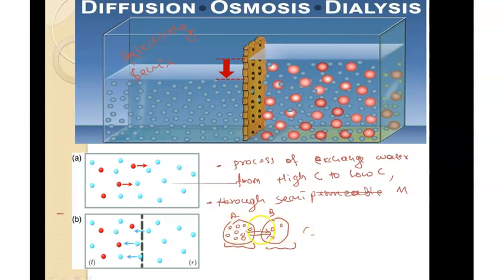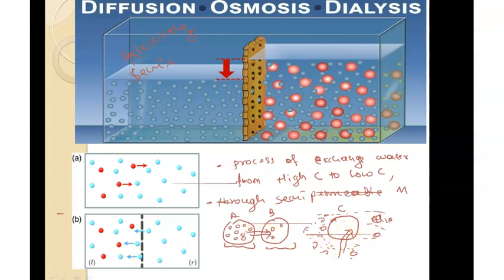It can happen between the cells, and it can also happen between, let's say I have a cell C here and here I have an external environment of the cell. In the external environment I have a lot of water particles, but inside the cell I don't have anything. Then what happens here? Water will enter into the cell, because outside we have a high concentration region and inside the cell we have a low concentration region. Then water will move and enter into the cell.